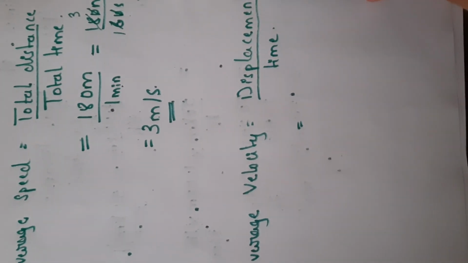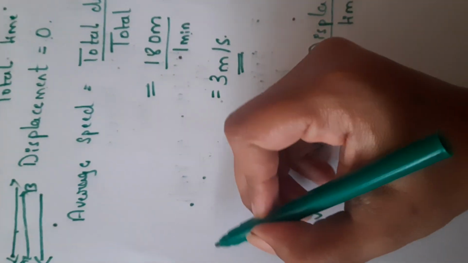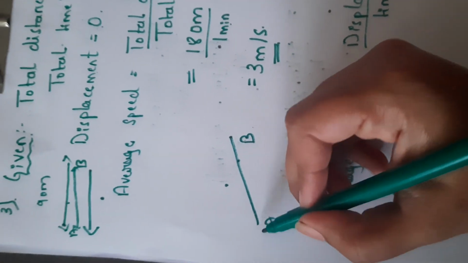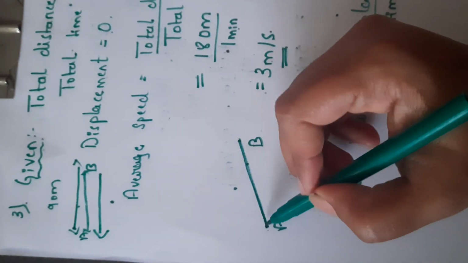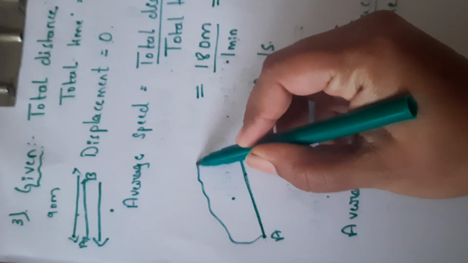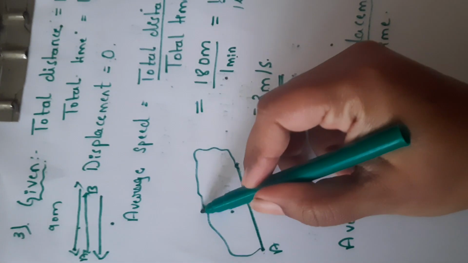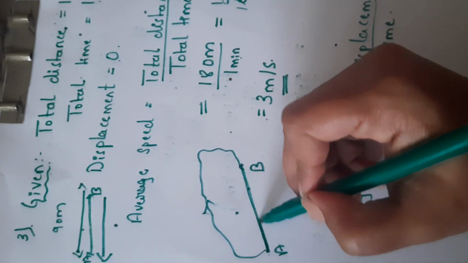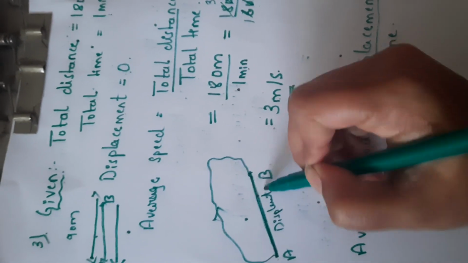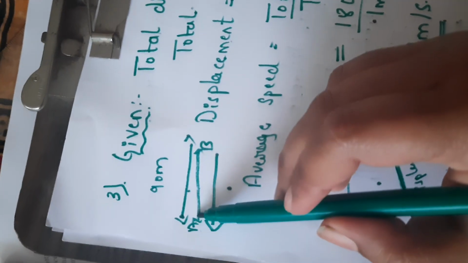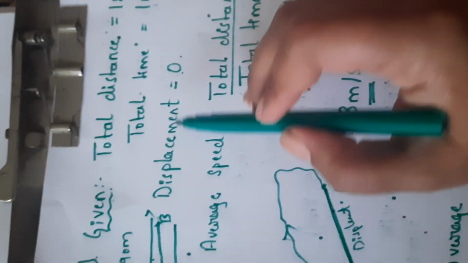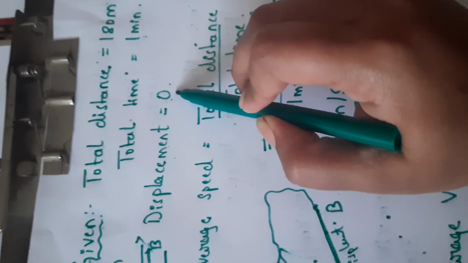What is the displacement here? In the previous classes you have studied. Suppose you have the path length A, B. Either I can go directly from A to B, or, my wish, I don't want to go home directly from the school. I will go to my friend's house and then I will go to my home. So I can choose either this path also. But the shortest distance here is this AB, which is displacement. Correct? Here also Usha is going in the same path as well as she is coming back in the same path. Hence here the displacement is equal to 0.